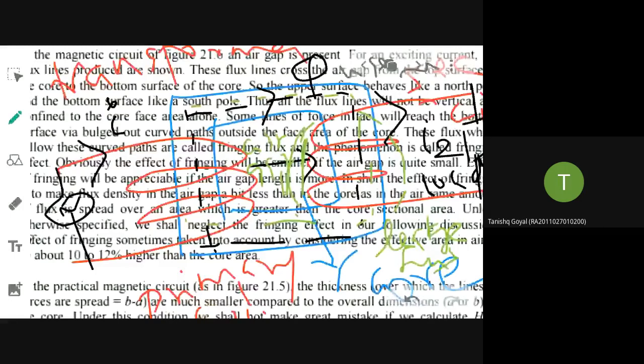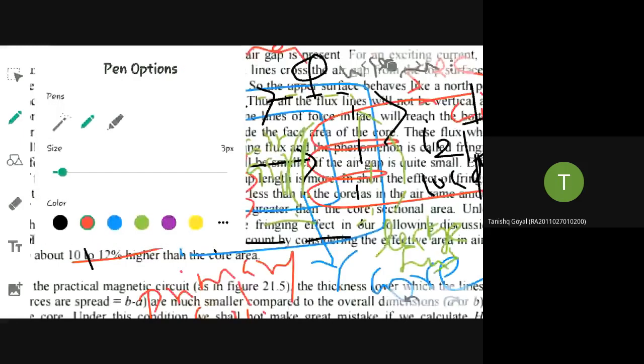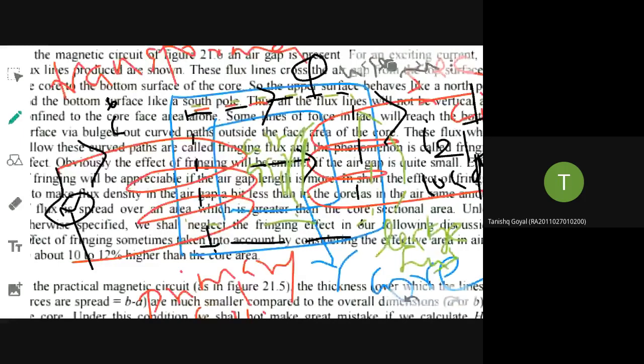So what is the meaning of the leakage flux? The path taken by the flux that will pass through the core only, as shown by the dotted line. If it is always sticking to the core path, then all the flux will be linking with the secondary side, it will be useful. But it will not be the case. It may leak out from the designated path, it will flow here, flow here. So those flux will not link with the secondary winding, it will go as a waste.